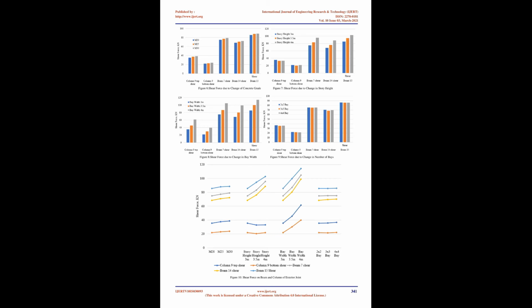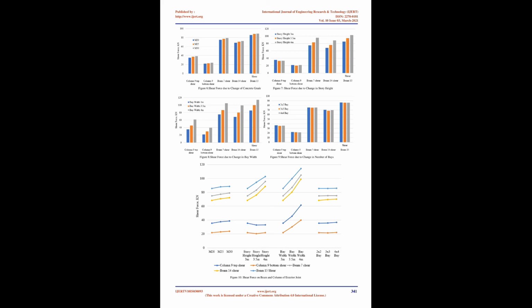According to the IS code, shear strength of the joint is proportional to the effective area of the joint and the grade of concrete, so the exterior beam column joints of Model 5 and Model 7 had maximum shear strength. This study took 2-leg 8 mm stirrups, 100 mm², as confining reinforcement for all 9 models, and the spacing of these confining reinforcements was calculated from clause 8.1b and clause 8.1.c.2 and provided over the length l0 specified in clause 8.1 of IS